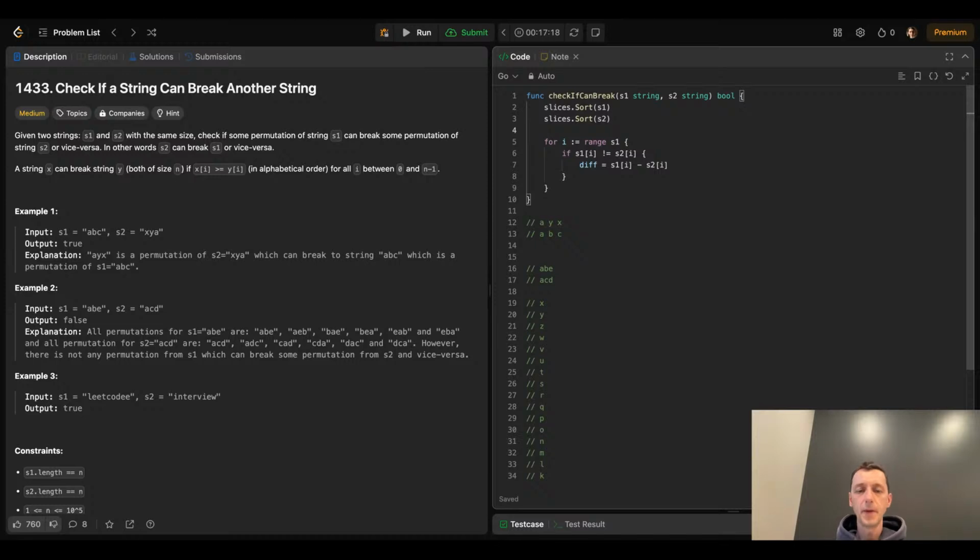So I wonder how we should do that. So this diff, if this diff,